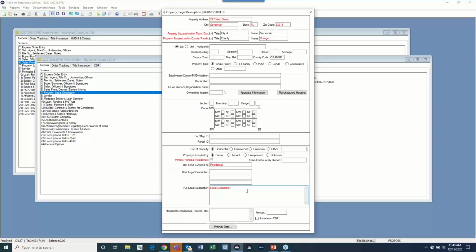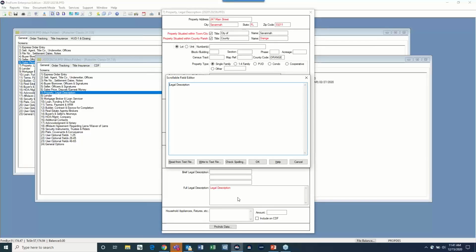You'll know a field is scrollable because you'll see a scroll bar on the right-hand side. You can expand that by hitting the keyboard shortcut Control Z, as in zebra. When I hit Control Z in that scrollable field, it opens up this scrollable field editor. This gives me a much larger view of that field. If you're typing or reviewing something that is pretty long, it definitely helps to have a much bigger space